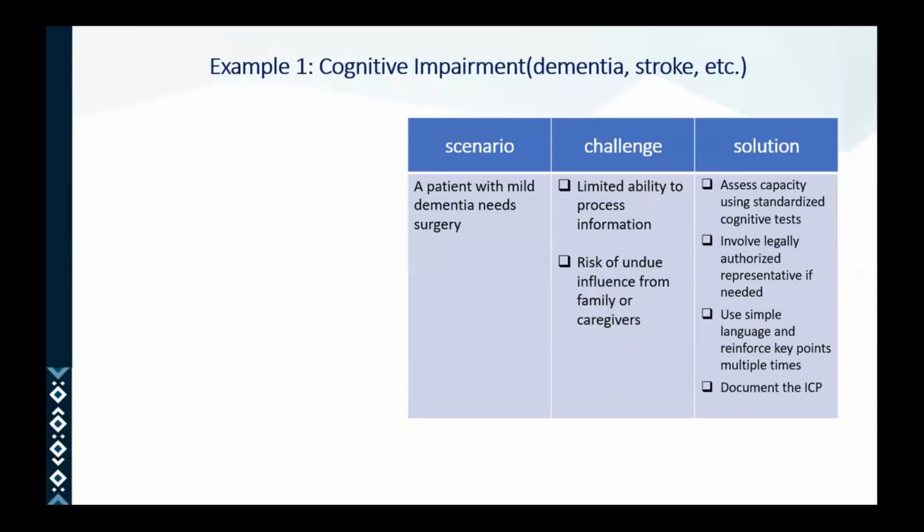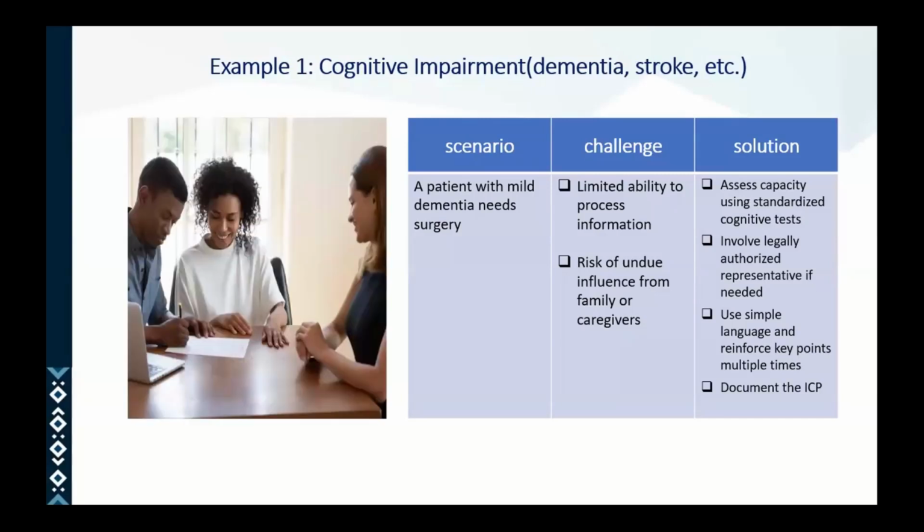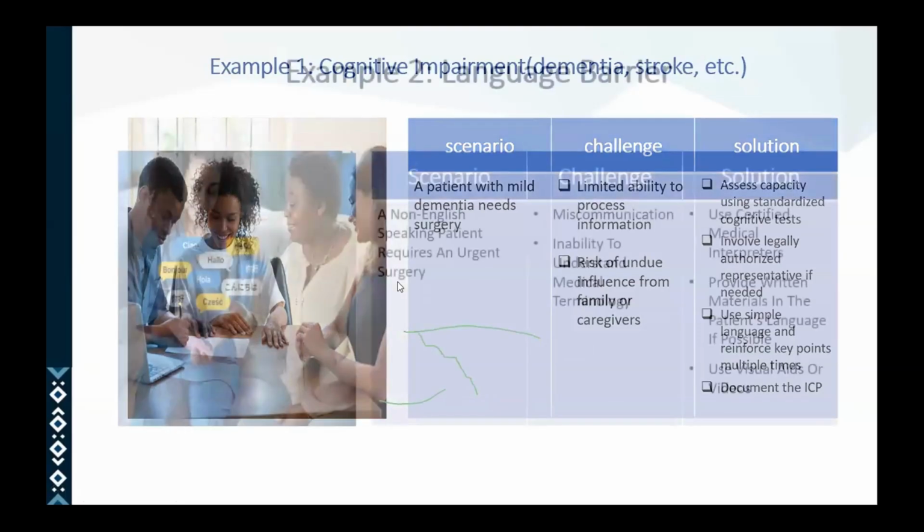Now, the solution is you should assess capacity using standardized cognitive tests, involve legally authorized representatives if needed, use simple language and reinforce key points multiple times, and then you document the informed consent process. As you can see here, this could be the investigator, this could be our patient, and then the legally authorized representative. So these three people should always